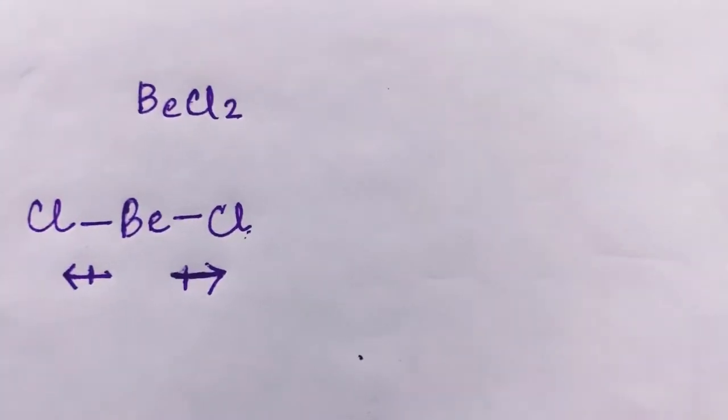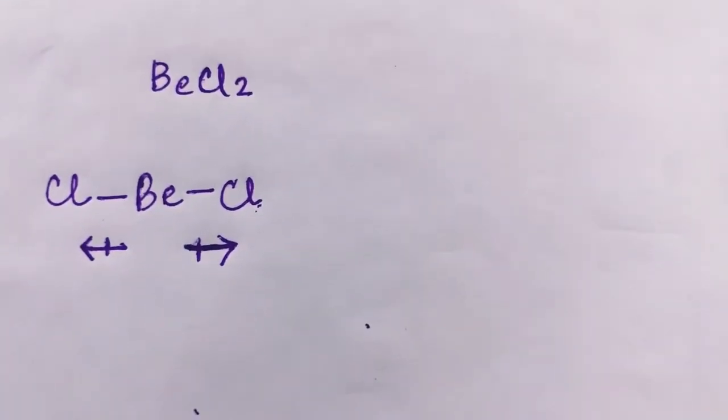In this video, I'll be talking about the direction of dipole moment and how to find the dipole moment of a given compound. The direction of the dipole moment is always from the positive towards the negative ion. So, let's take the example of BeCl2 first in order to understand it better.